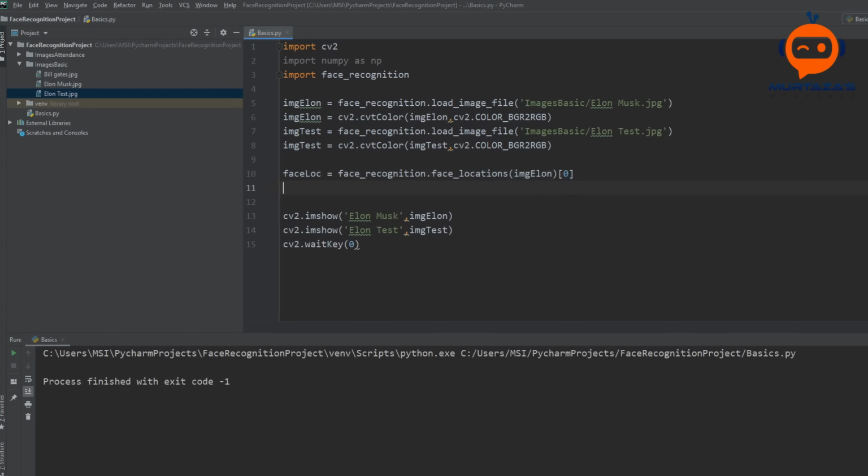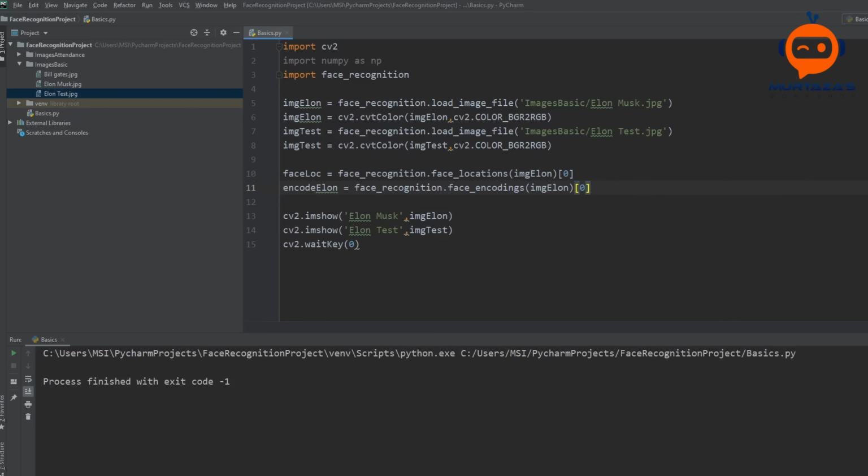Then we are going to encode the face that we have detected. So we will write encodeElon equals face_recognition.face_encodings, and then we are going to send in our image, which is imgElon. We'll say the first element here as well.